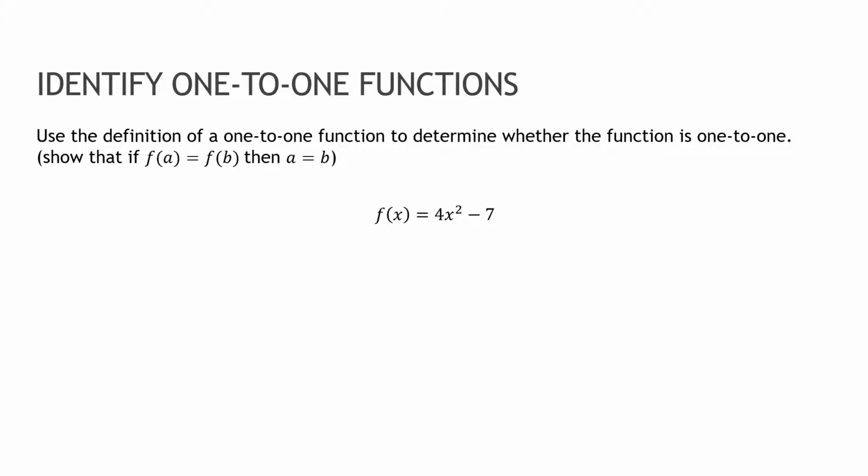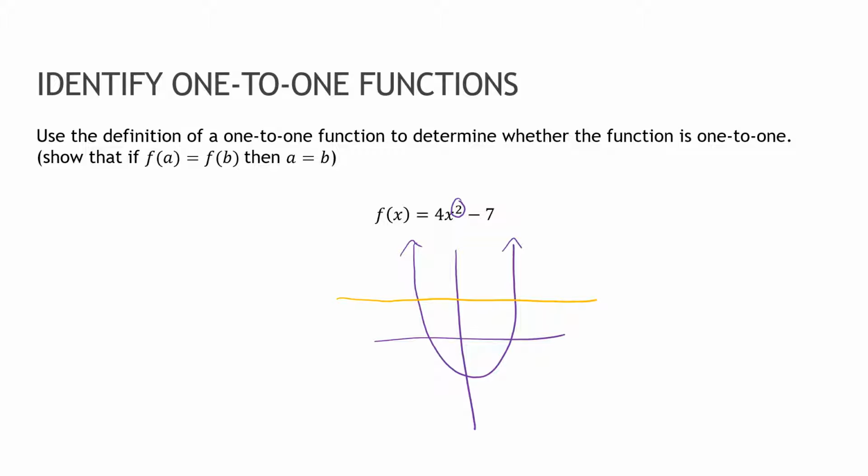So here's one more example for us to look at together. Notice I don't have a graph and I don't have a set of ordered pairs. So I can create a set of ordered pairs from the function, or I can graph the function. But because we all know what a function like this looks like, this is a quadratic function. Even though it's not going to be exactly like this, my function is going to look something like this, because quadratics mean a parabola. Without having to do any work, I know that if I graphed that, it would not pass the